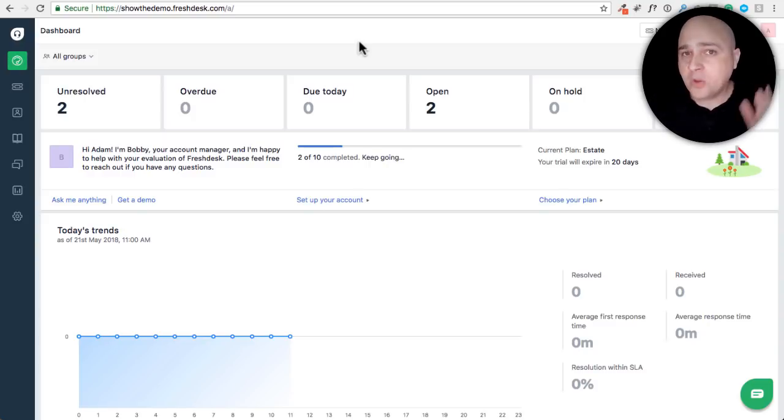Okay, so now the way this works, or the way I have it set up, is I set up a specific email address. And then I configured that email, so whenever someone sends an email to that specific email address, a copy of that email gets forwarded to Freshdesk, which automatically opens up the ticket. And then I have Freshdesk configured to automatically send them a confirmation email saying, hey, I got the email, and this is what you can expect for how long it's going to take me to respond to that email. And then I'm going to actually show you how to do all of that in this portion of the video